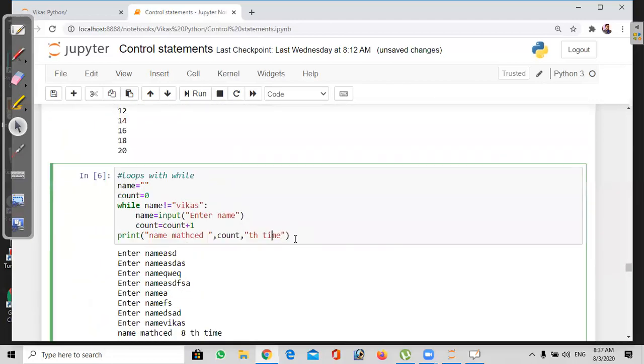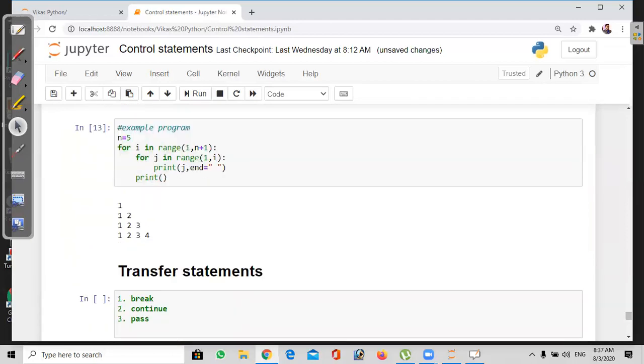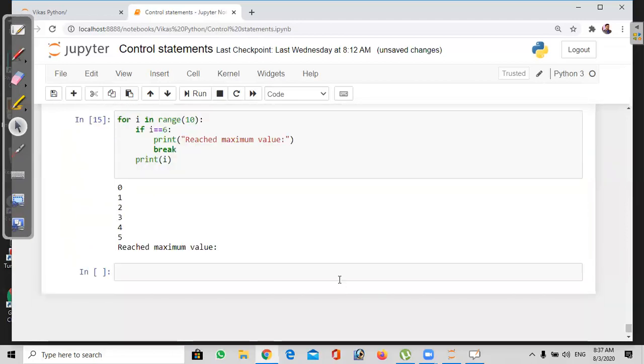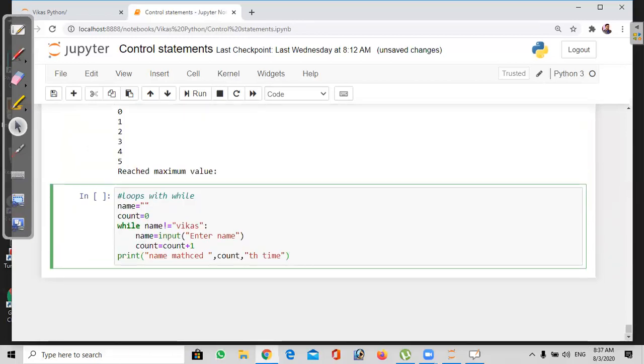See here, it's the same program, we are just copying it. What we are checking is the password, the number of times.